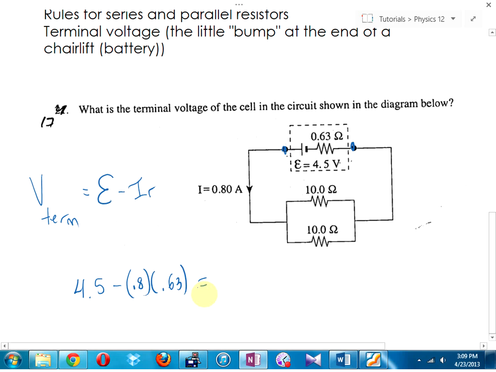Total current. By the way, what's the current in each of these 10 ohm resistors? 0.4. Which means, what's the voltage in each of those 10 ohm resistors? How many volts do you lose? Go I times R in your head. 4. You know what? I really didn't need to do that, because if I had the terminal voltage, which ends up being